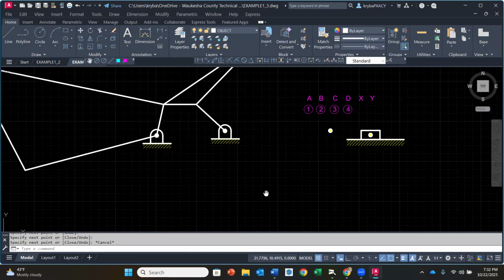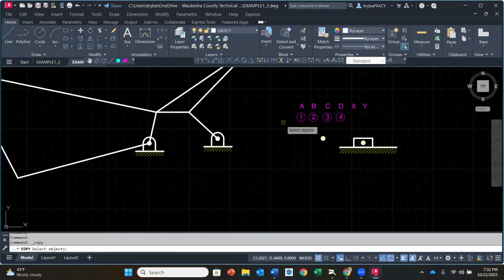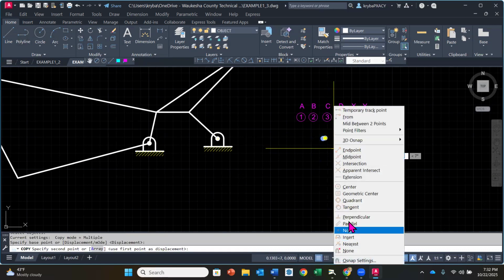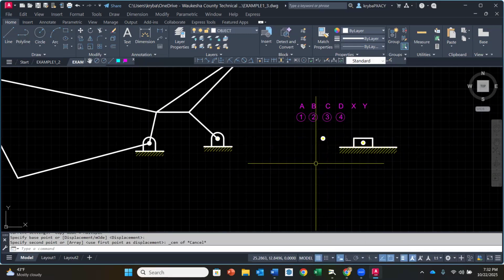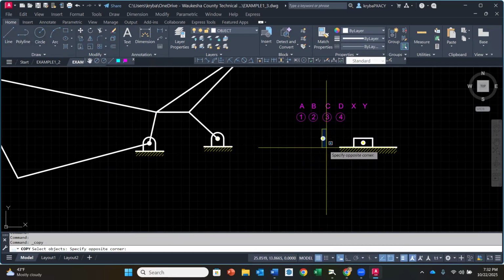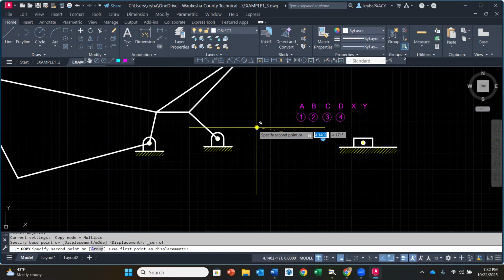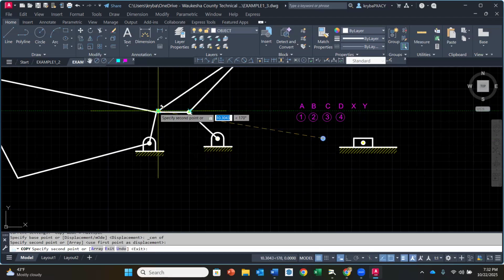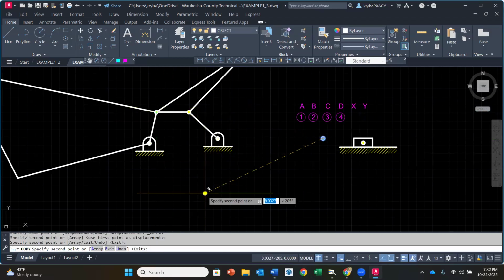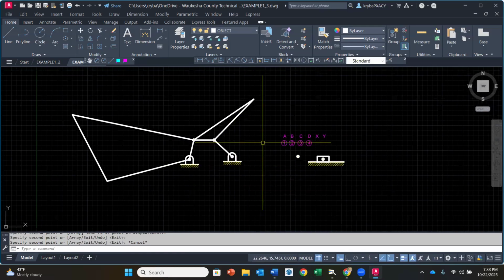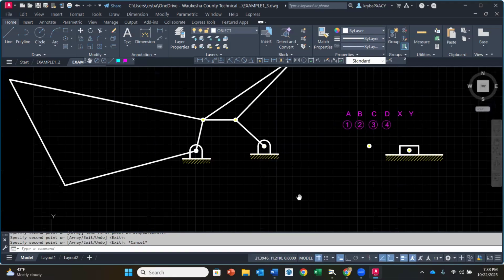I'm now going to put in the couple joints that I have. So I'm going to do a copy of my pin joint. And I'm going to go from its center. Oh, I've got it already. Shoots. Okay, let me try it again. So I'm going to do a copy. Enter from the center. And then I'm going to go to the endpoint here and here. And then I have the other two from the frame members, so that should be good. We don't put it on the ends of the handle or the clamp. And then now I'm going to move my